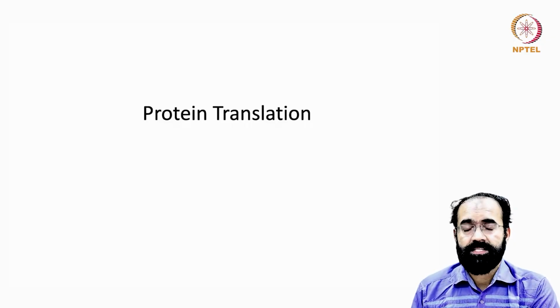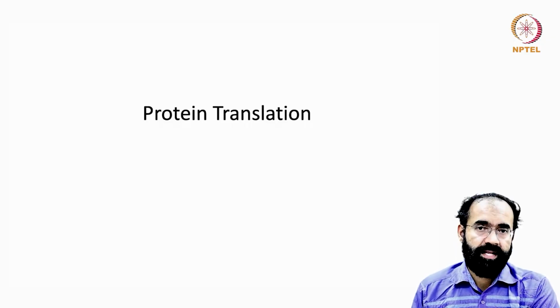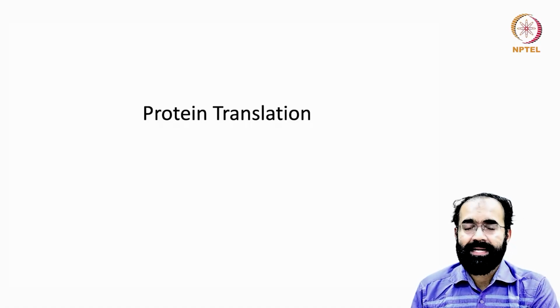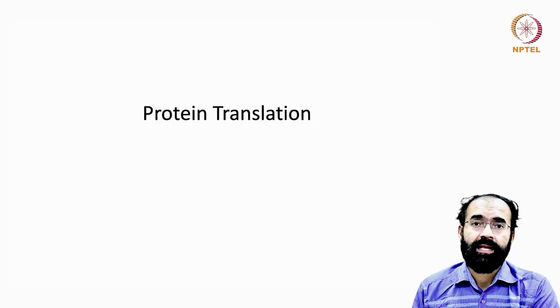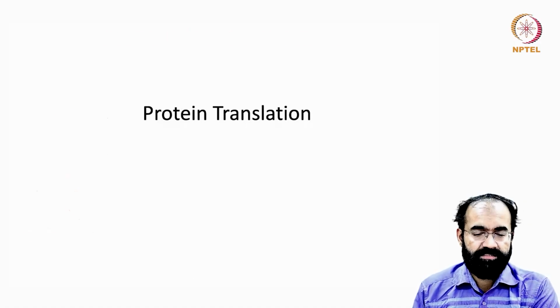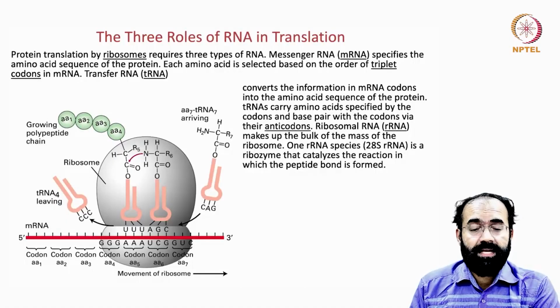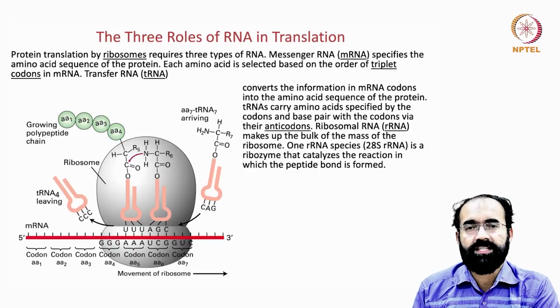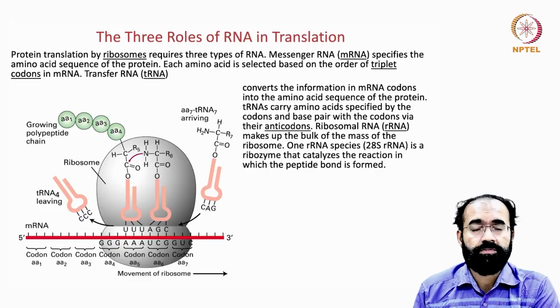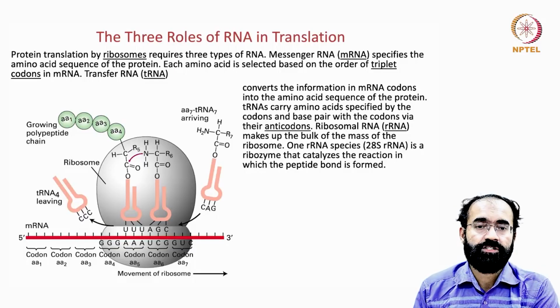No matter general or specific, these are all proteins. So proteins act as transcription factors, enzymes, structural proteins, etc. So even to produce RNA you need proteins, and many mRNAs will give rise to proteins. So let us understand the mechanism of protein translation. There are three roles of RNA in the translation. We have discussed those three roles in the previous classes ever since this course began.